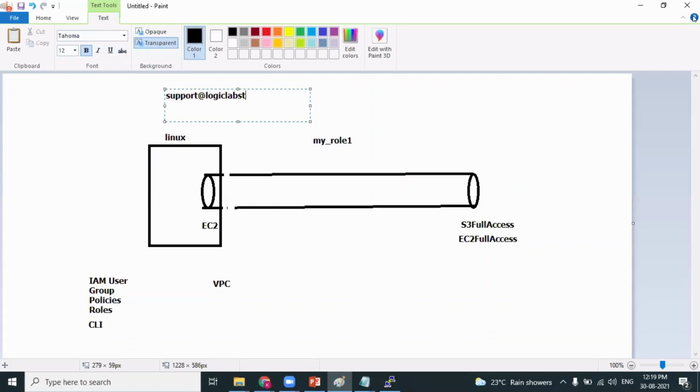Are you in the WhatsApp group? I sent it directly to the number presented on the screen, and also to that mail ID. No, you have to send the proof of payment to this email address, support@logiclabstech.com. Then you will get a response from our team. Our backend team regularly works with this particular email.